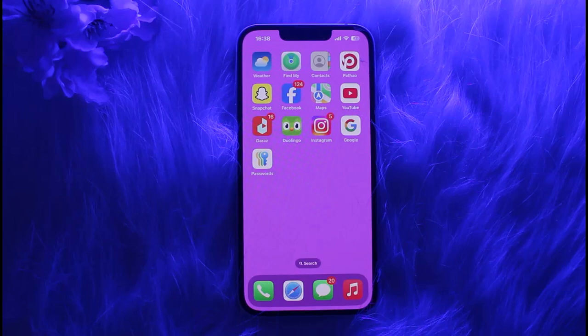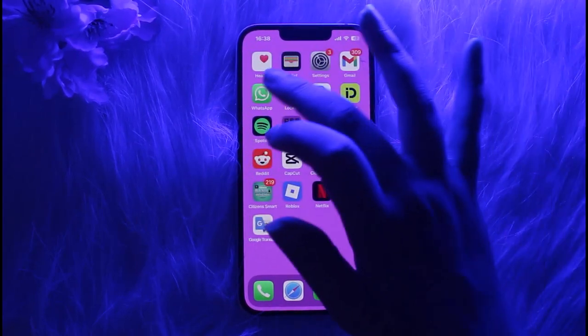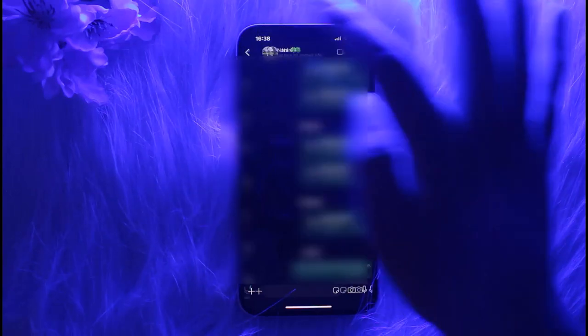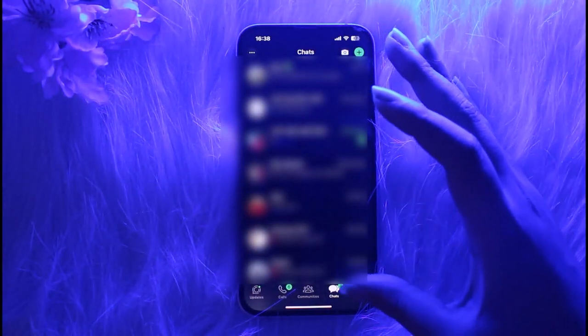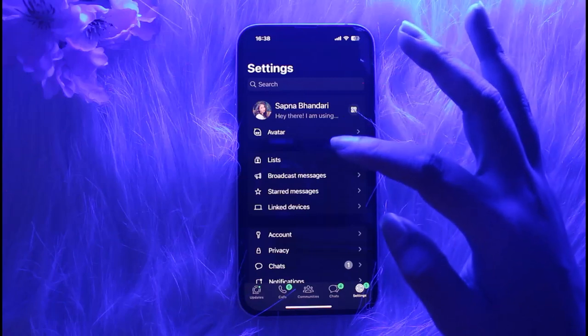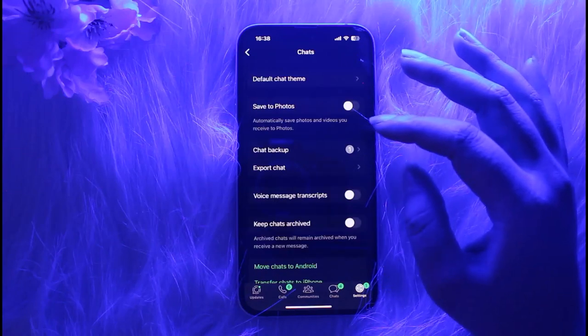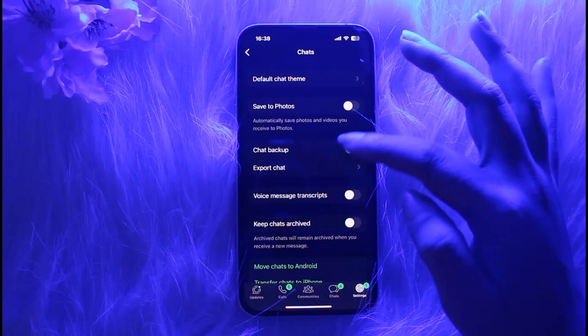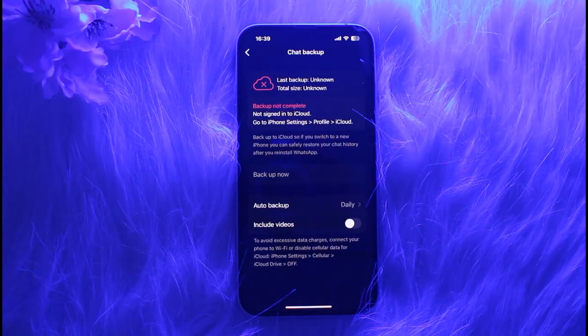So what you're going to be doing over here is simply going to go ahead, open up your WhatsApp app right over here, and then you're going to go back and simply go to the section of settings at the bottom right corner. Then from over here, simply go ahead, navigate to chats. From over here, simply go ahead, access the chat backup, and over here you will be able to find the end-to-end encrypted backup option, where you simply have to tap on the turn off option and it will be turned